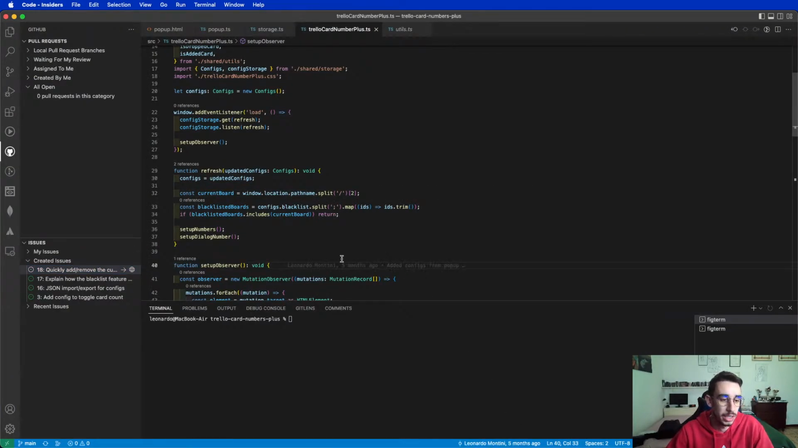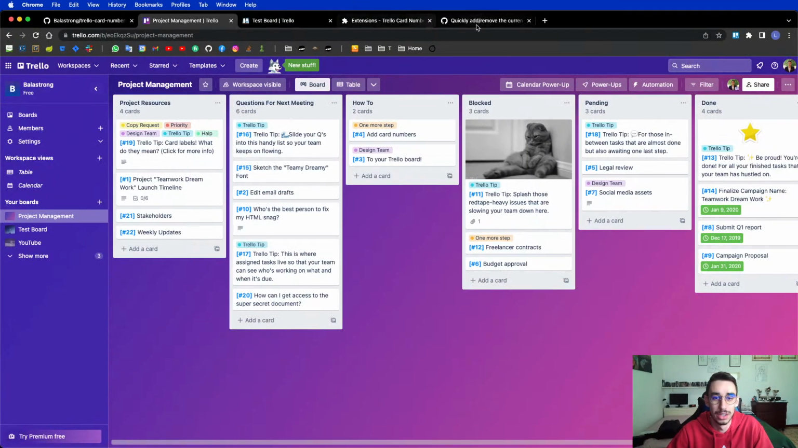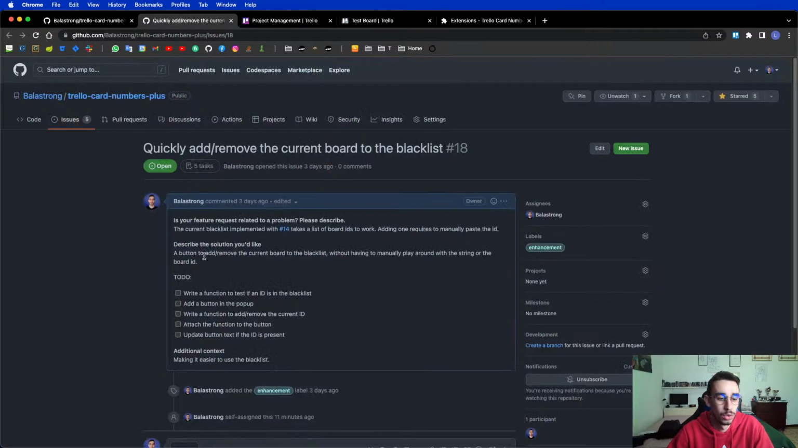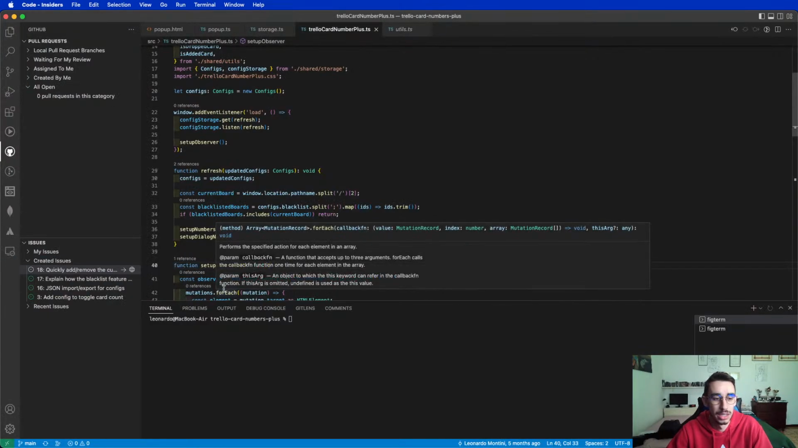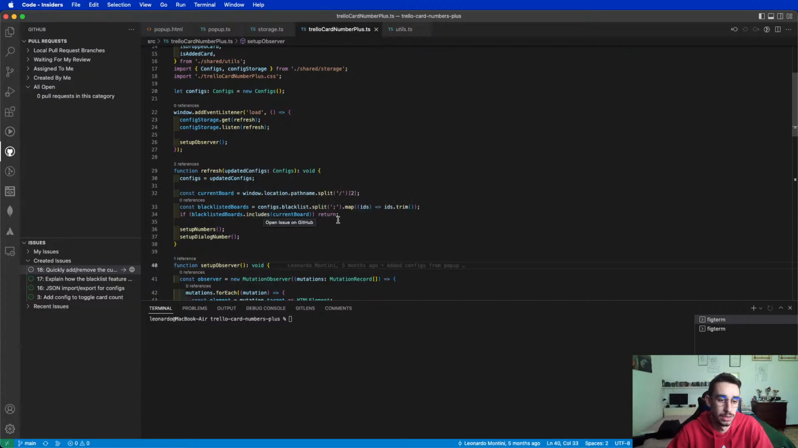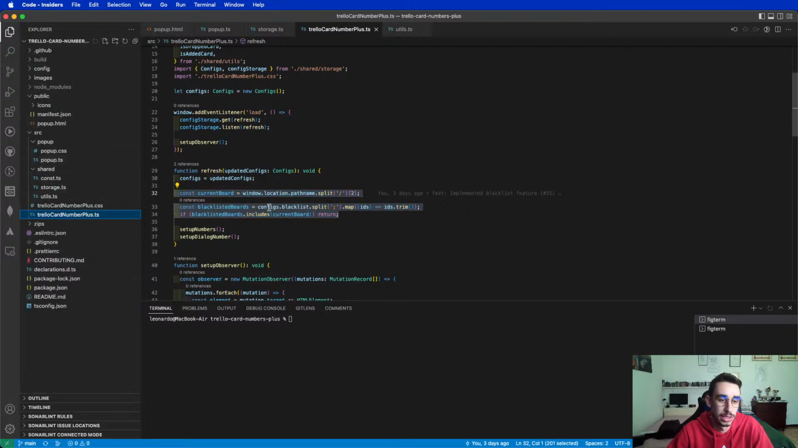So the first thing I added on the list, sorry, I'm no longer on the code, was write a function to test if an ID is in the blacklist. And that's because the other day I just hard-coded this logic in here, this is the refresh function. But I think this should go, for example, in the utils file. So the first function will be